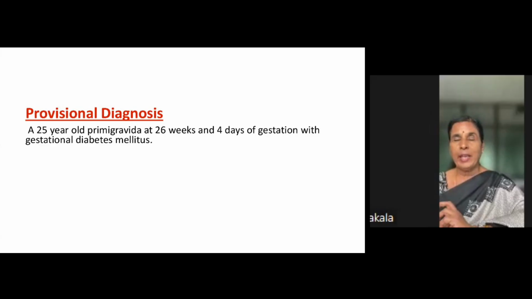But if you calculate per body weight, the insulin requirement becomes very, very high. So ideal is to start with regular insulin, 4 or 6 units, 3 doses per day, that is 4, 4, 4 or 6, 6, 6 of regular insulin, and thereby you control the sugars properly. That would be ideal because if you calculate by the requirement of insulin in the first, second and third trimester, the calculation becomes very high. If she is around 60 kgs, you will require 60 units at term. That will be a very high dosage. So it is ideal initially to start with regular insulin, 3 doses, 6, 6, 6 units,